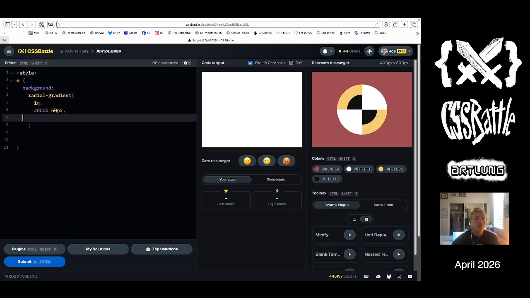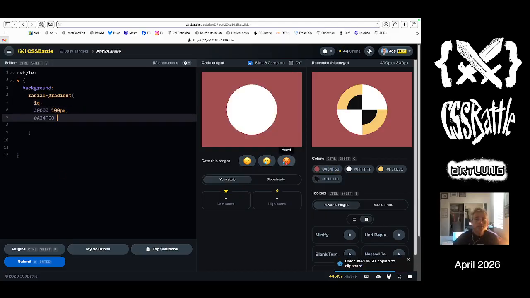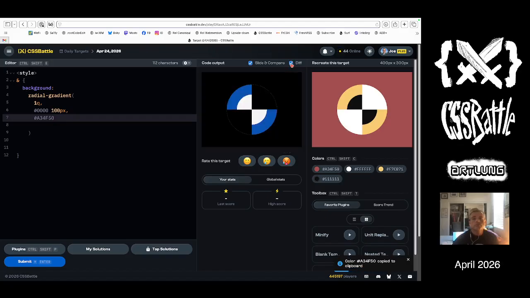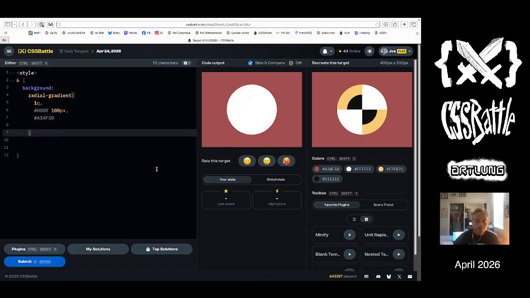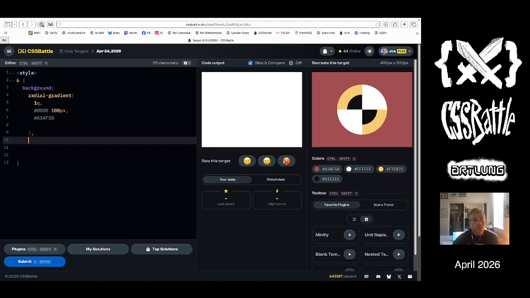Actually, it might be 100. Maybe it's 100. And then it is red on the outside. And there it is. The next gradient is a conic gradient. Actually, in this case, I think I will do a repeating conic gradient, which repeats whatever the color stops are